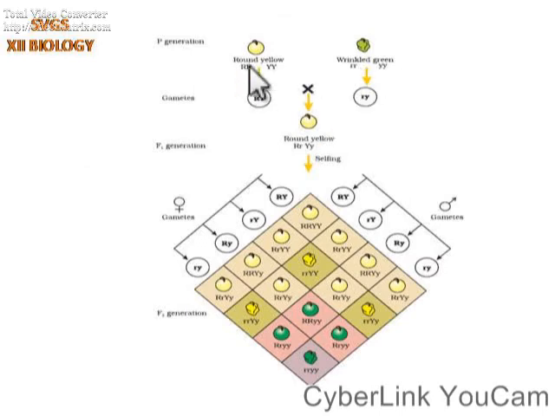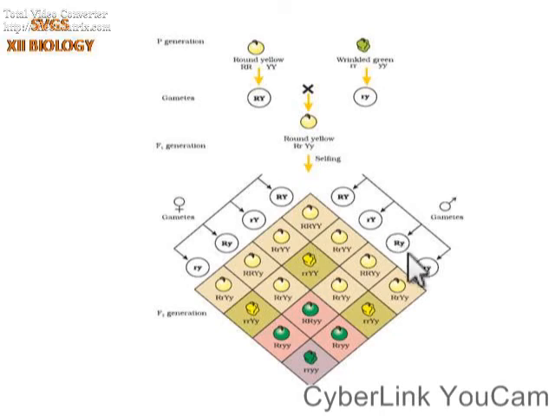When we make a cross between these two, the gamete formation will produce a combination of r and y. So the gamete will have one r allele and one y allele, whereas the other parent has a small r and small y. Here we have the first generation, which will show the dominant alleles. Since capital letters are present, it is a dominant allele. It will produce the round yellow colored pea. In the F2 generation, here is the Punnett square which shows the probabilities of producing F2 generation progenies.